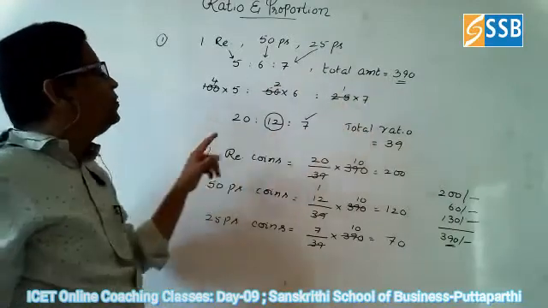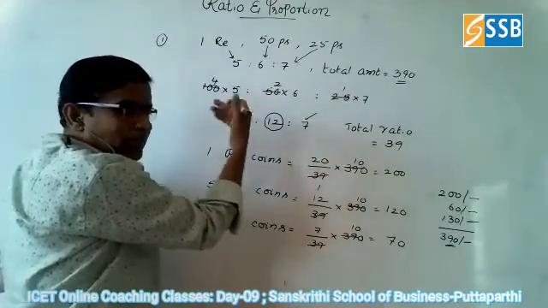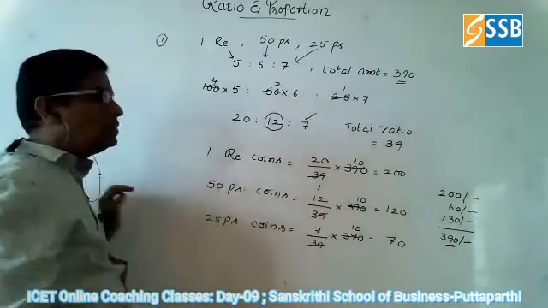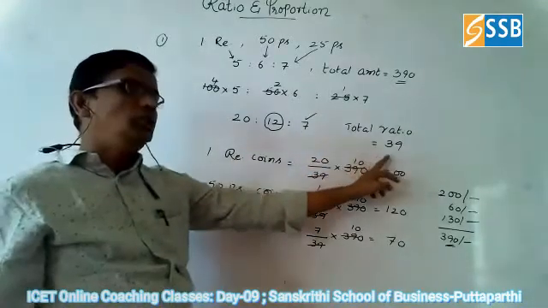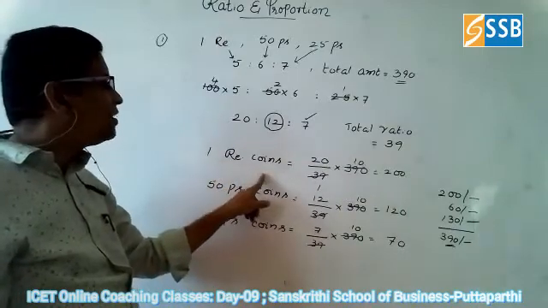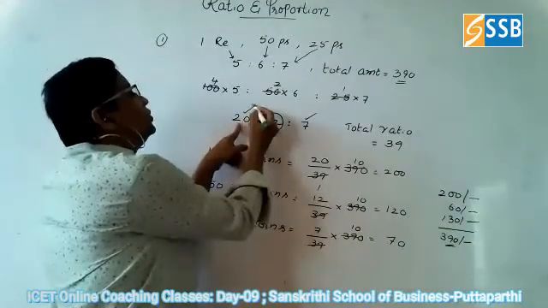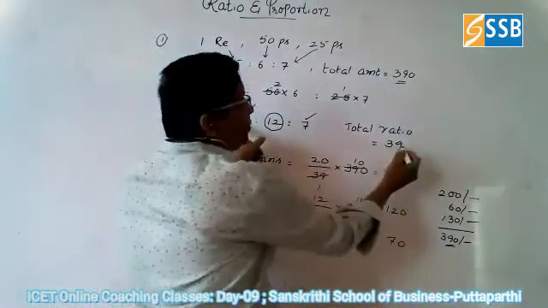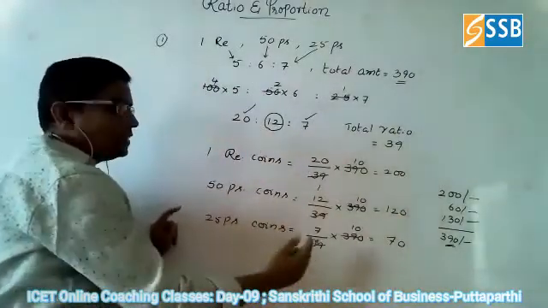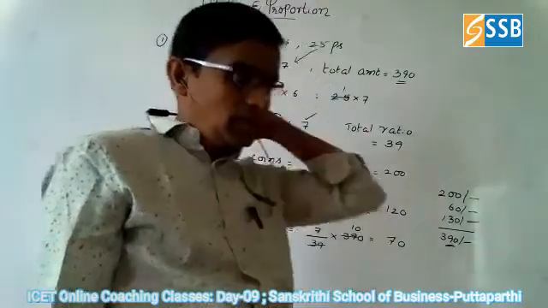Okay. Now you can go for simplifying it. All are in multiplication. Don't go for multiplication; simplify it first. 25 4s are 100, 25 2s are 50, 25 1s are 25, 20 plus 12 is 7. Total ratio is equal to 39. So the number of 1 rupee coins is 1 rupee coins ratio, which is 20, divided by total ratio 39, into 390, which is 200. In the same way, the 50 paise coins.